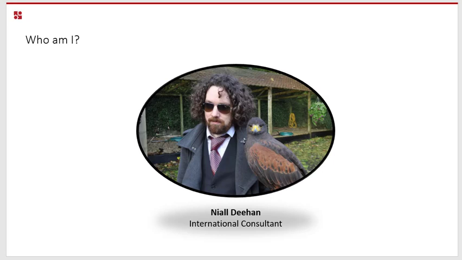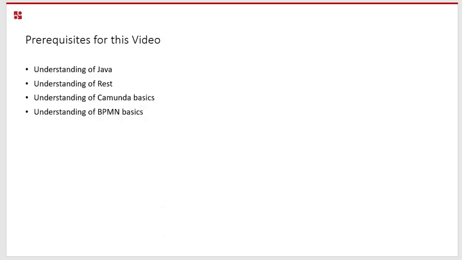This particular tutorial is going to start at a certain point that requires you to know a little bit about what I'll be doing in advance. Those prerequisites for the video are understanding Java in some way, as I'll be using Java for the API communication. Understanding the REST API, not Camunda's REST API, but REST in general, as I'll be using it for communication as well. It'll be really good to understand the basics of Camunda, how to start it up, what the front-end applications are for and how they're used, and a basic understanding of BPMN, how tokens flow and that sort of thing is really useful.